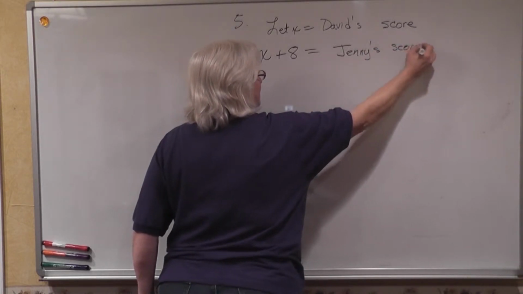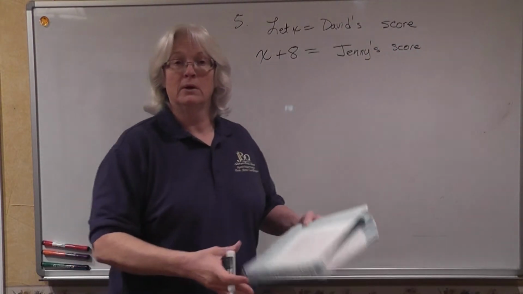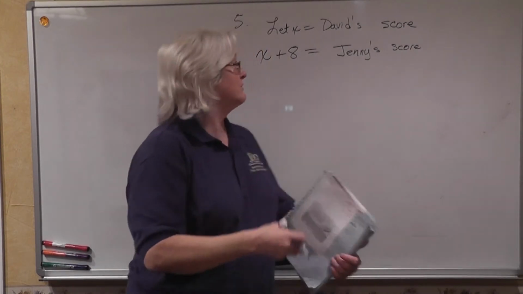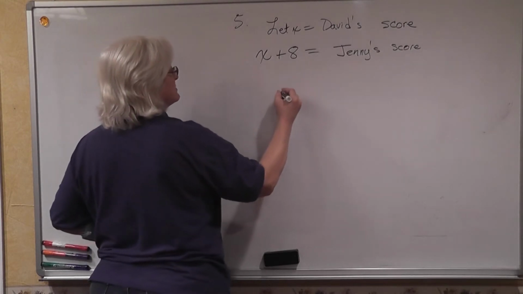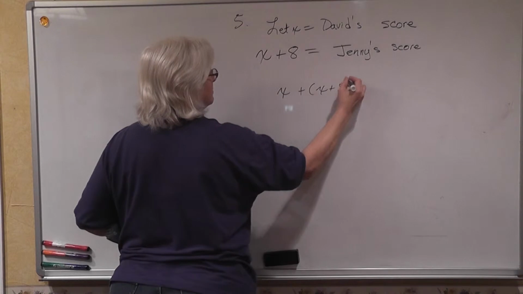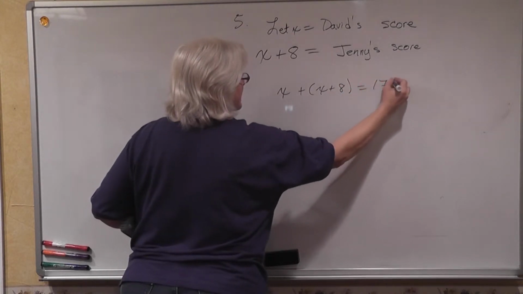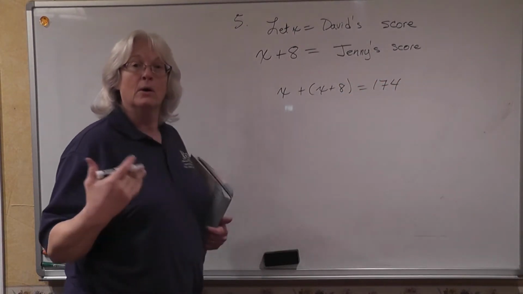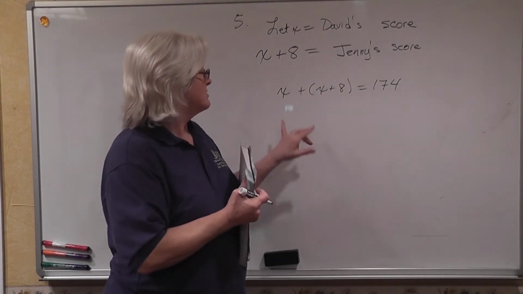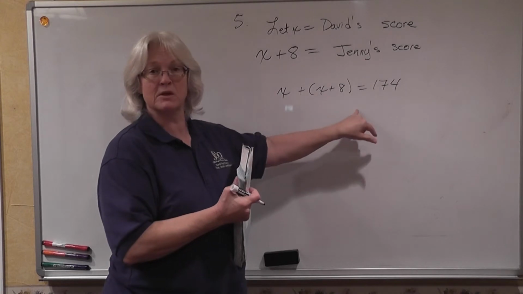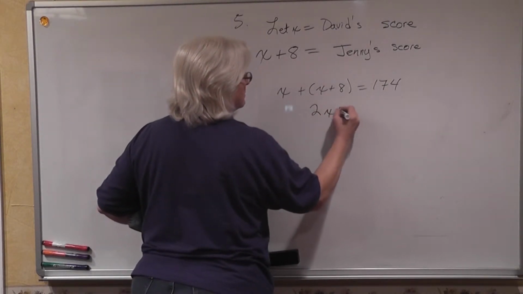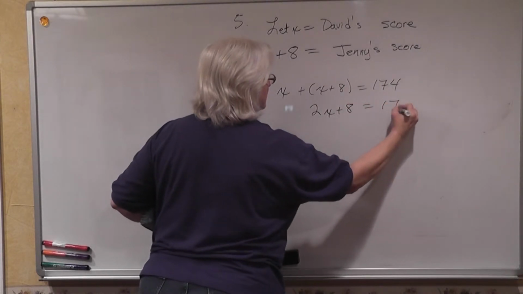And then our problem tells us that the total of their scores combined together was 174. So David's score plus Jenny's score is 174. Now we want to know what score each of them got. So how do we solve this? We have x plus 8. We have 2x plus 8 is equal to